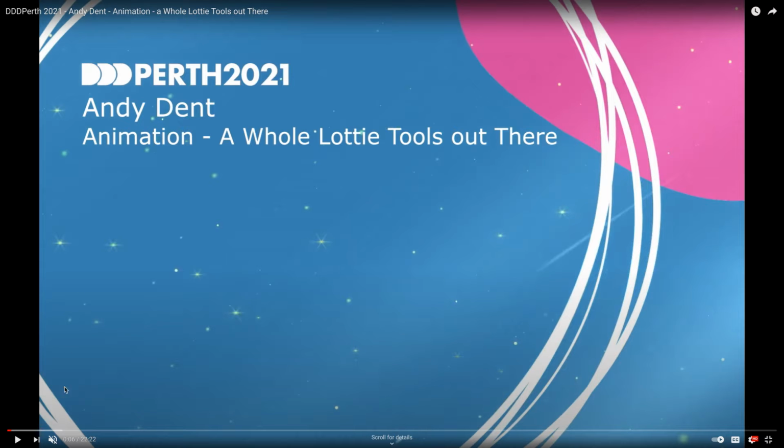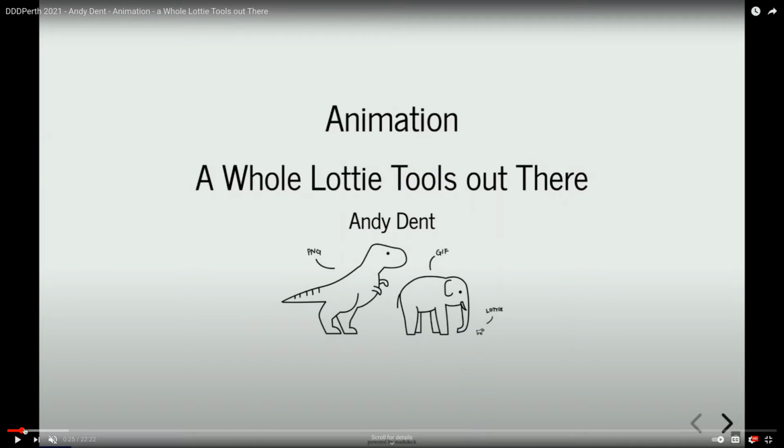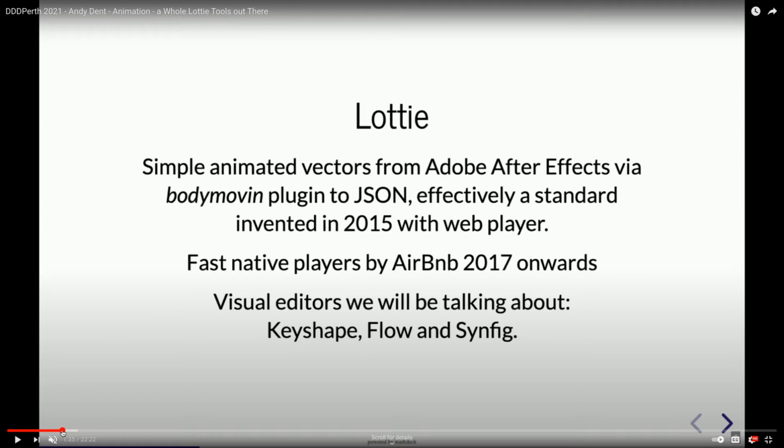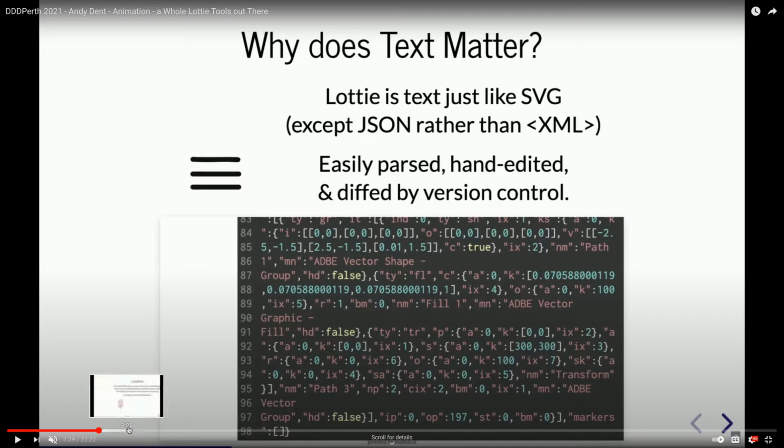So yeah, Andy gave this great talk. He talks about a few things. There's a lot of Lottie tools out there. Why would you want to be animating? Covers things like what is the Lottie format? It's like a text-based representation of animations, and he explains that for a little while, a little bit about where it came from, and why this kind of format matters. It's actually a really, really cool introduction to what Lottie actually is, and it's totally worth watching